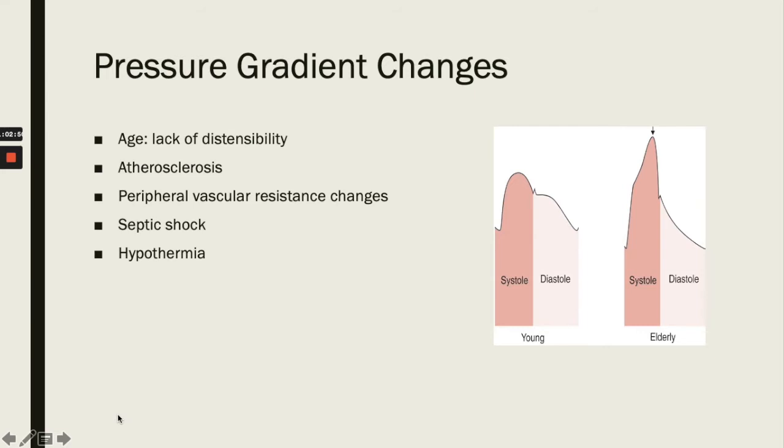All right. So we also can have some pressure gradient changes in our arterial waveform, and you see the differences between the young and elderly. And that's due to a lack of distensibility. So we have reduced arterial compliance, and that causes an extremely rapid return of reflected pressure waves, resulting in arterial pressure waves with increased pulse pressure and a late systolic peak pressure, which is indicated here by this arrow. And you can have an attenuated diastolic pressure wave, and at times an early systolic hump distorting the smooth